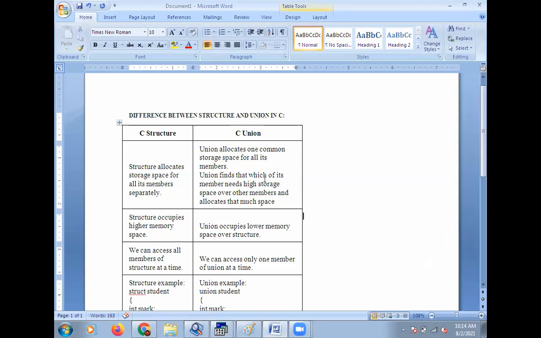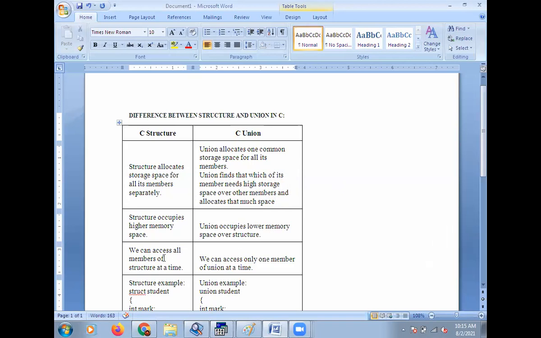Union finds which member needs the highest storage space and allocates that much space. Structure occupies higher memory space. Union occupies lower memory space than structure.